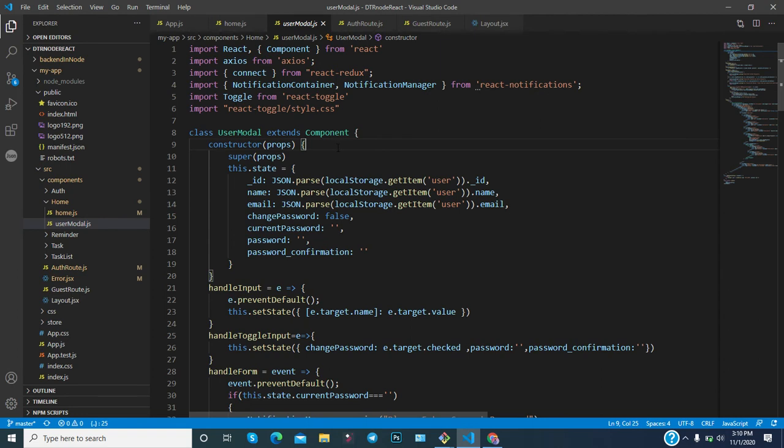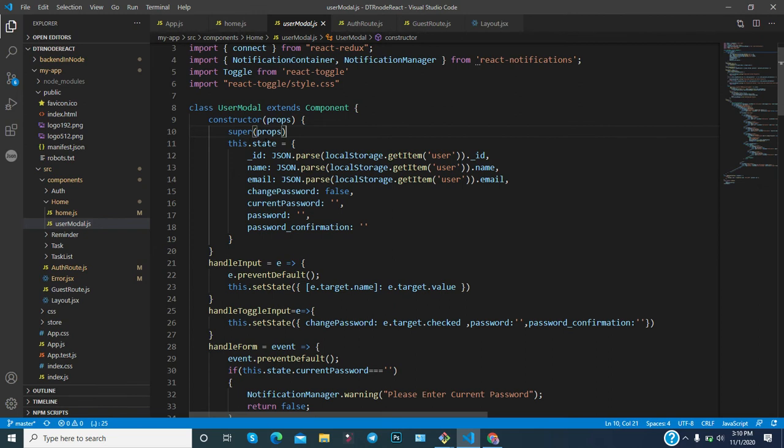So most of the time, if there is any little complication in the component, make sure that you use the class component. Otherwise you can also use the functional component. A class component will provide you better control, so you can use it here.